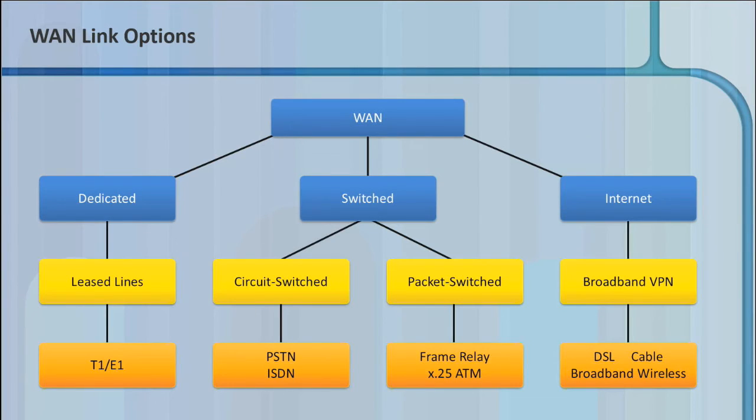So when you look at WAN links, I've got 2 offices, they're far apart. That makes it a wide area network. There's 3 main options for how I'm going to connect them. The internet, which is quick and cheap. Dedicated, which is expensive, but I have a dedicated circuit that's mine and only mine. If I bought 100 megabits per second of bandwidth, I will always have 100 megabits that'll be infringed upon by no one. The middle ground is what they call switched.